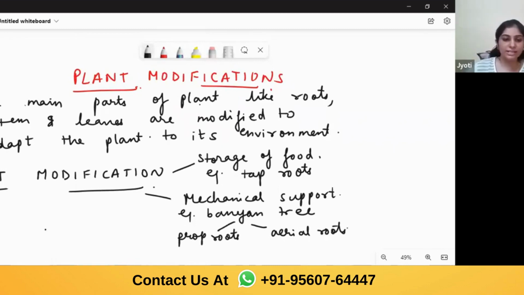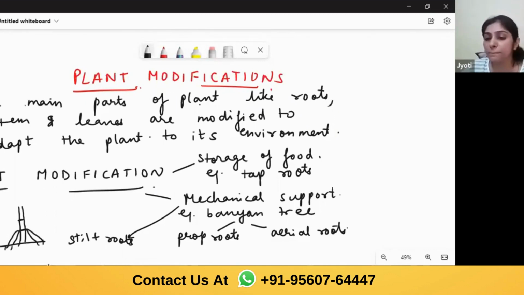There is another type of roots for support. If we take mechanical support, there is other type. One is in mechanical support, stilt roots. What are these stilt roots? These stilt roots actually grow obliquely. If I draw the stem, this is the soil, these are the nodes. So these roots, they arise from this basal stem, basal nodes like this and grow into the soil to give support to the plant. Example of stilt roots can be in your maize,